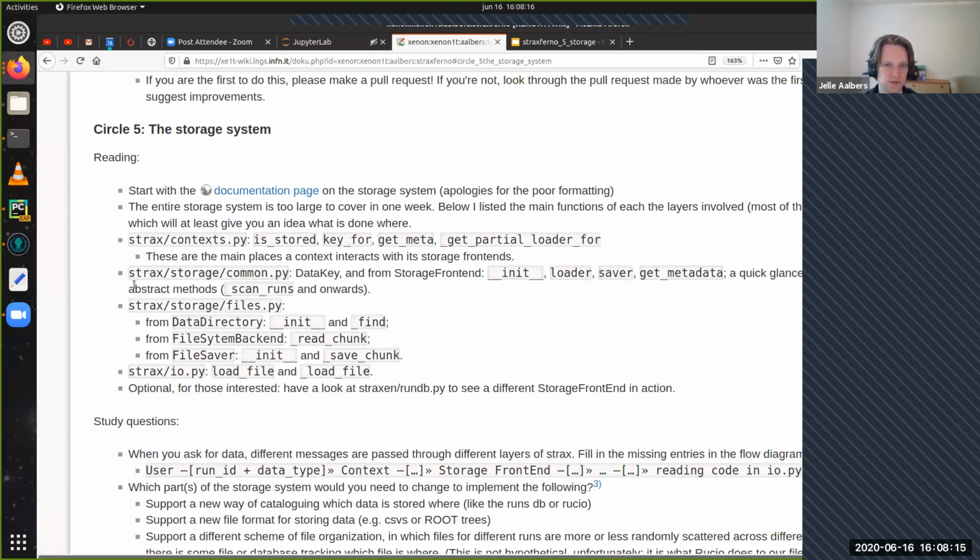Just putting up the reading in case that jolts anyone's memory. Any more questions? Storage front end, back end, storage system.